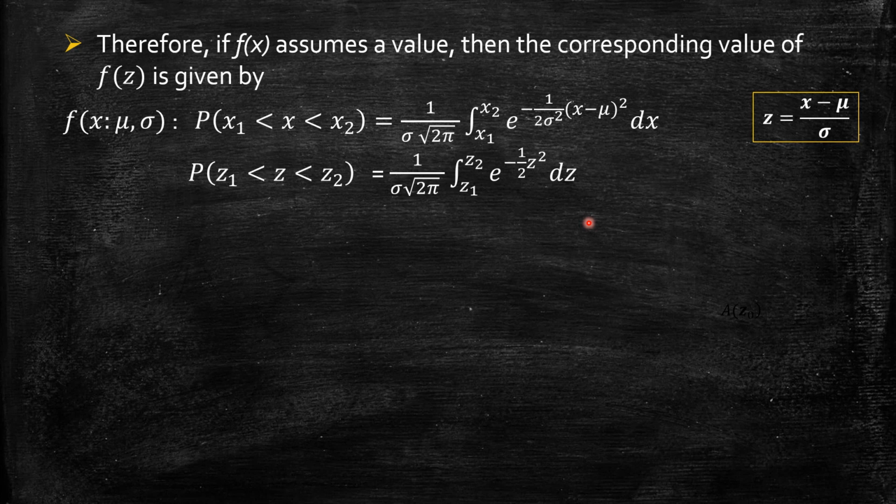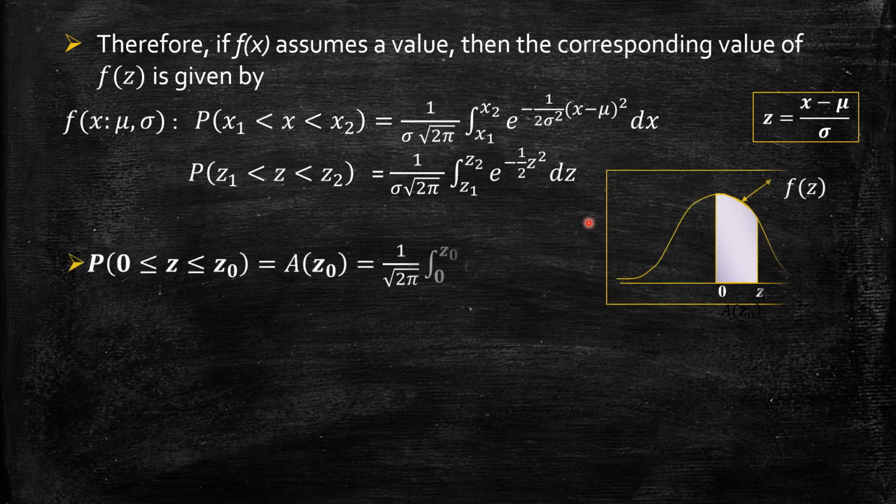So that is called the standard normal table. So that means if I want to find the probability of 0 less than or equal to z less than or equal to z naught, we need to integrate the PDF, that is the normal PDF e power minus z square by 2 times 1 over root 2 pi between the points 0 to z naught. So this clearly indicates the area under the standard normal PDF f of z between 0 to z naught.